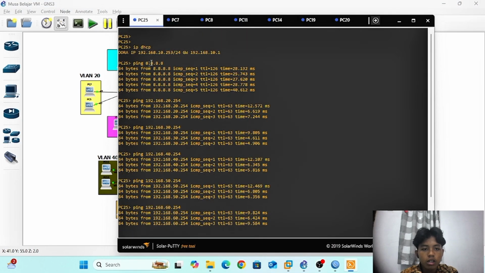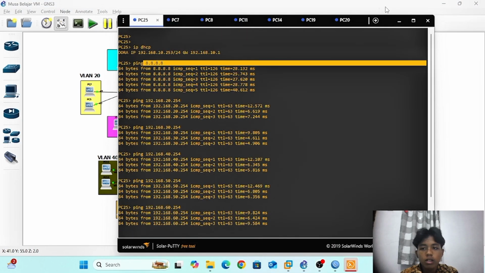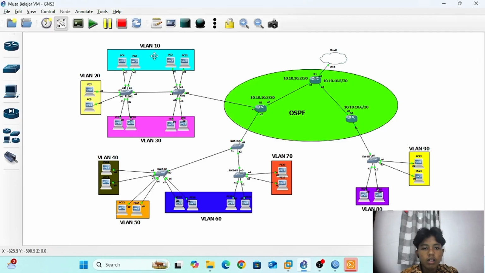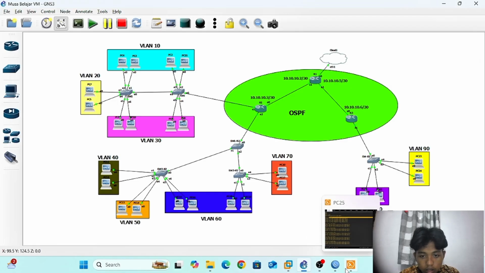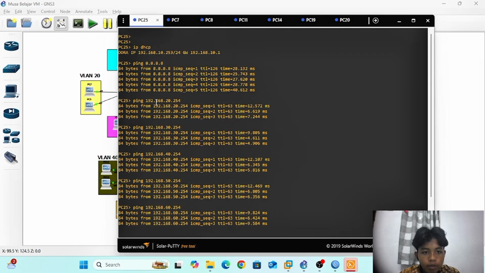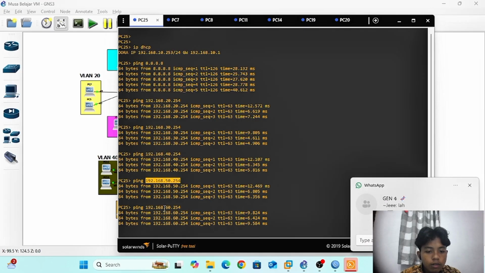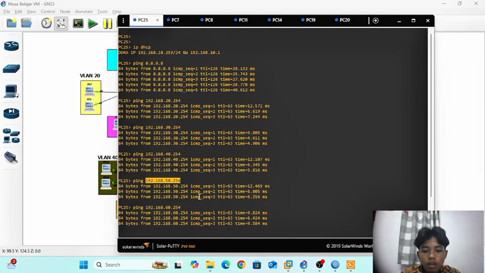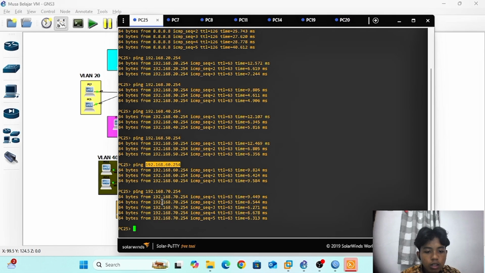You can see ping to the internet from VLAN 10 to the cloud, and IP VLAN 20, IP VLAN 30, VLAN 40, VLAN 50, VLAN 60, and VLAN 70.